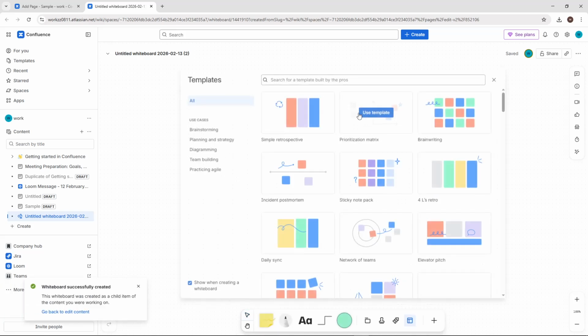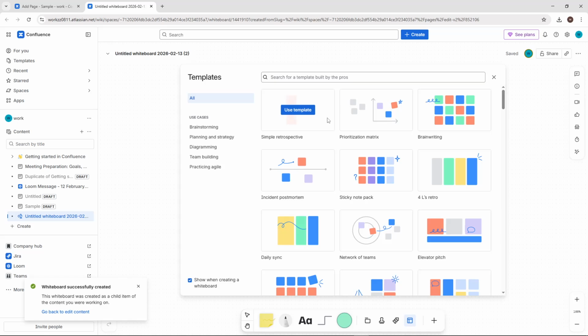Not all Confluence versions include a native whiteboard, so if you don't see it, add-ons like Draw.io for Confluence or